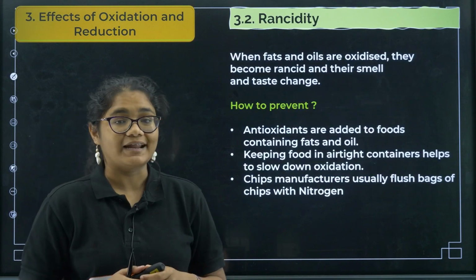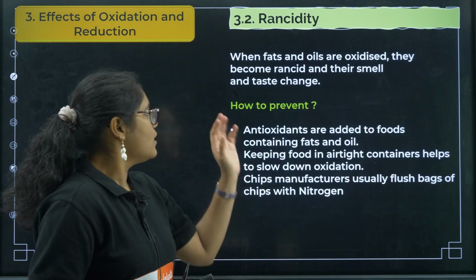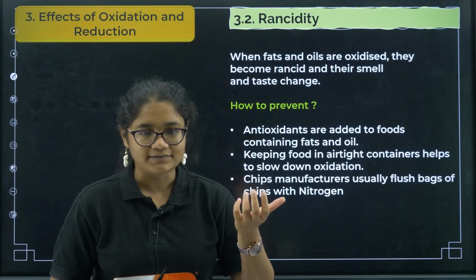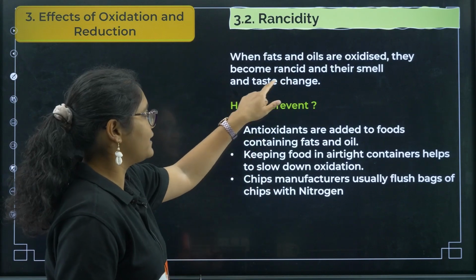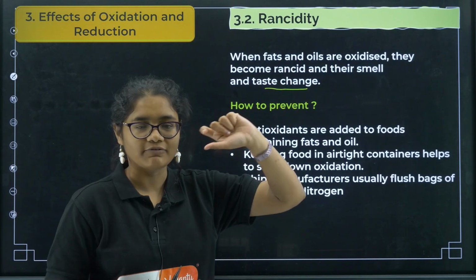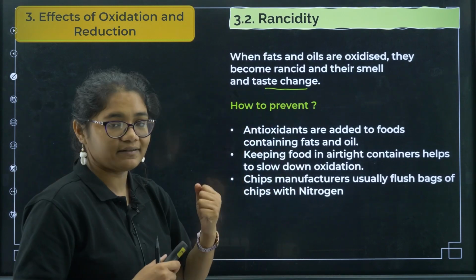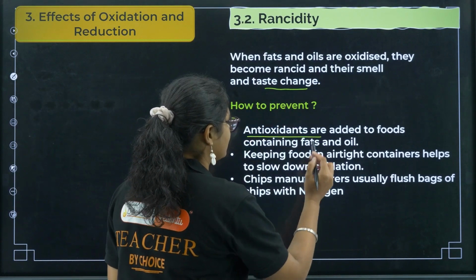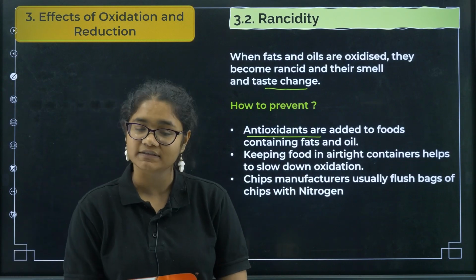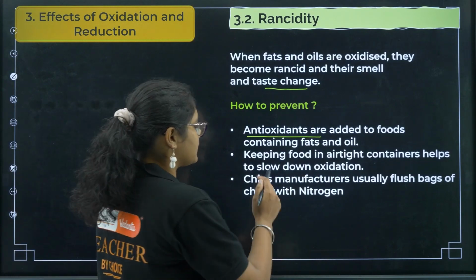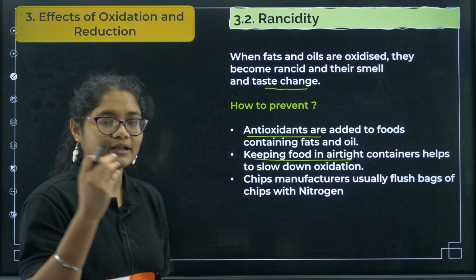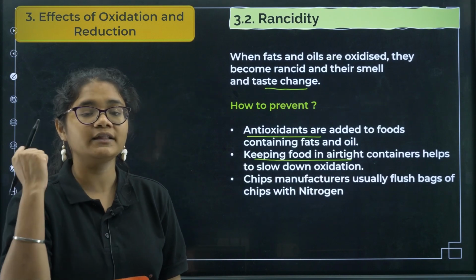And the next is rancidity. So what is rancidity? When fats and oils are oxidized, they get a foul smell, and that is called rancidity, okay? Foul smell and a change in the taste. So how can we prevent that? We can prevent that by using antioxidants, okay? Different antioxidants can be used. Second thing, we can keep food in an airtight container so that it doesn't come in contact with oxygen